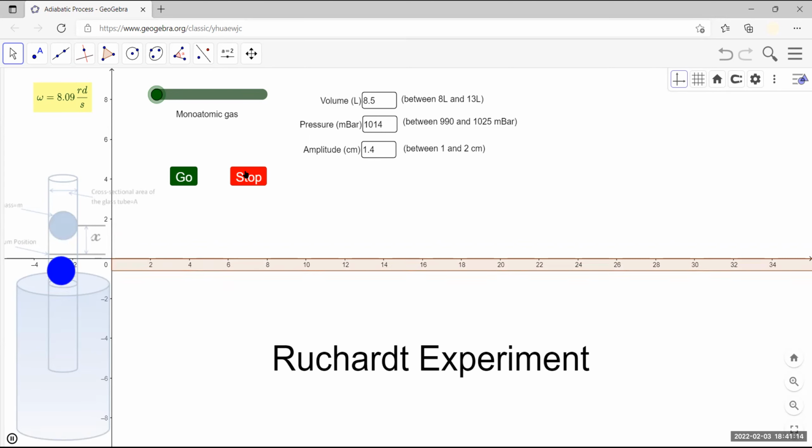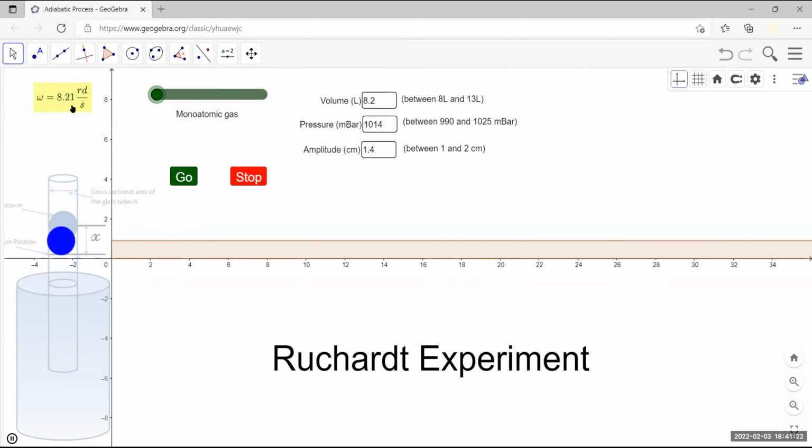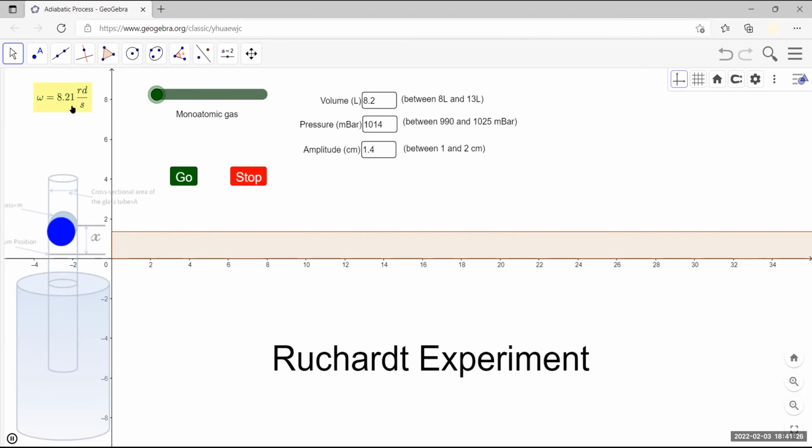So guys, you understand basically what you're doing. If I don't change the volume, if I stay with the same volume and repeat this experiment, it's roughly going to give me the same value, which I'm going to average. This is for the first table. So the first table, all I'm doing is repeating this experiment for a monoatomic gas several times, I think 5 or 6 times, until I get an average value for my experiment.